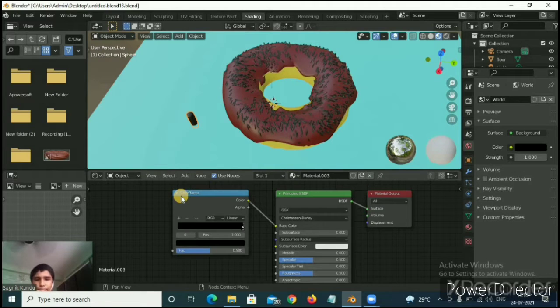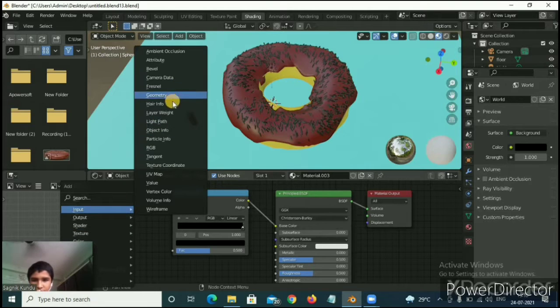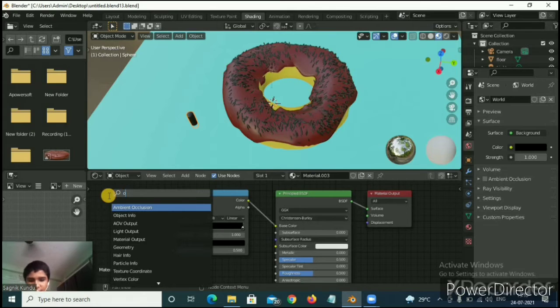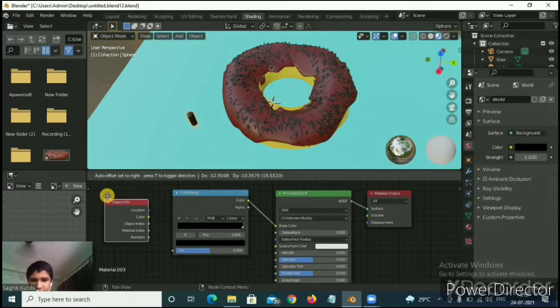So what I will do, I will again press Shift A to add an object, then go to input, then here object info. Search here, yeah, object info, drag it and place it here.